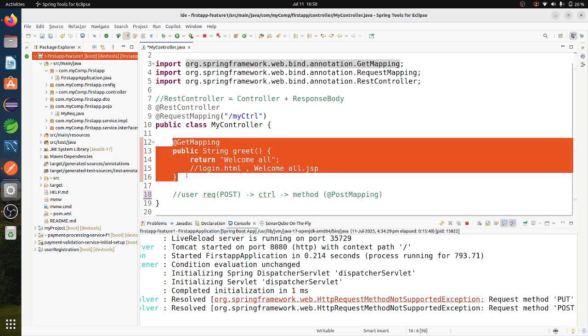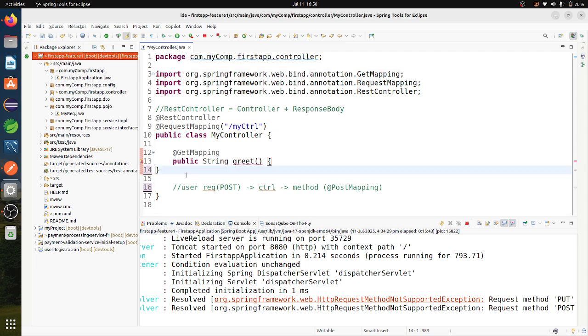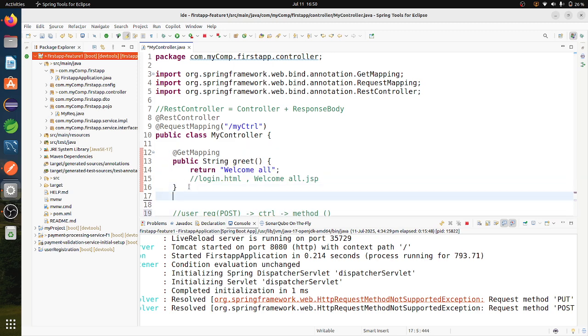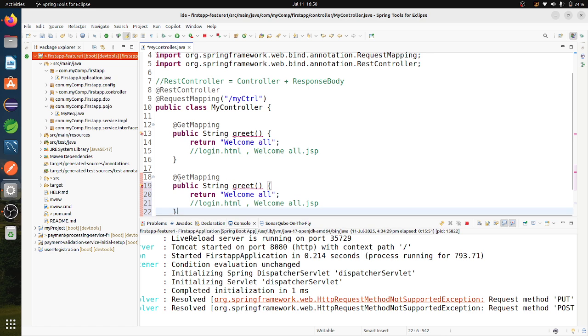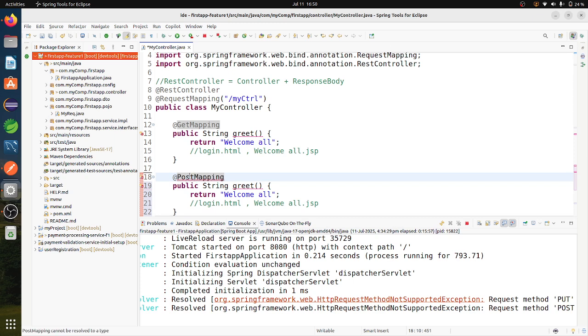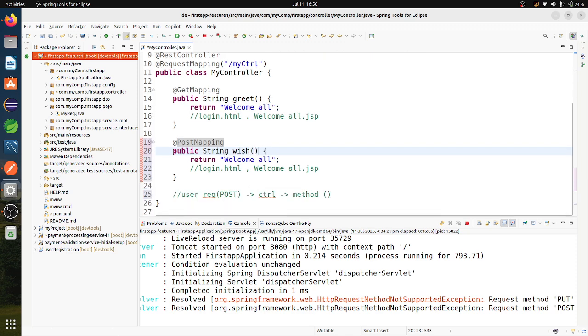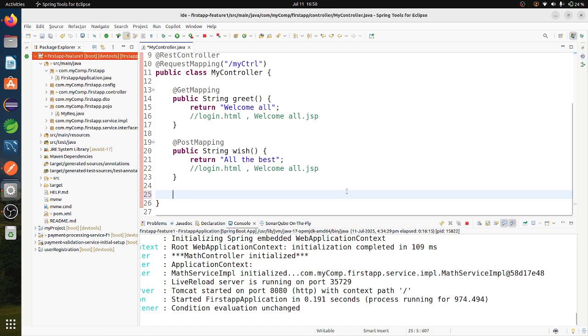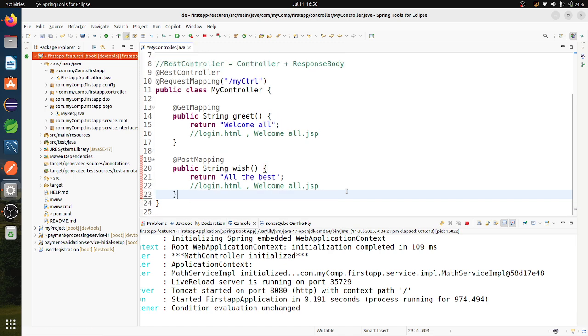And if I write another method, some post mapping, here I will say wish, and I want to return some all the best message.